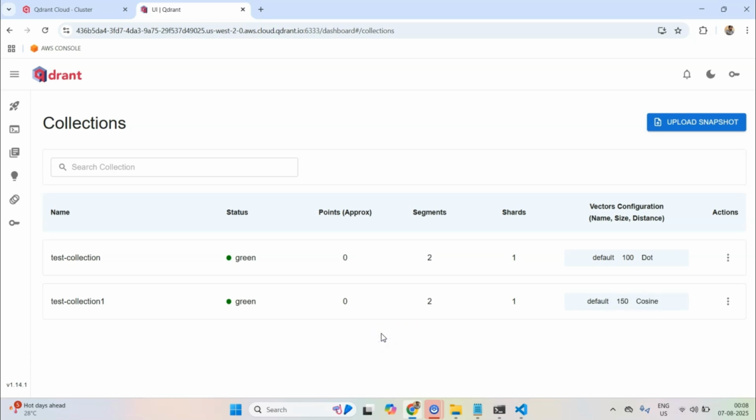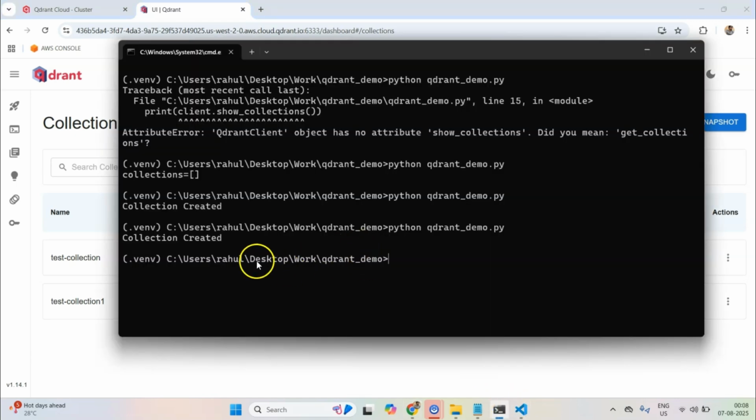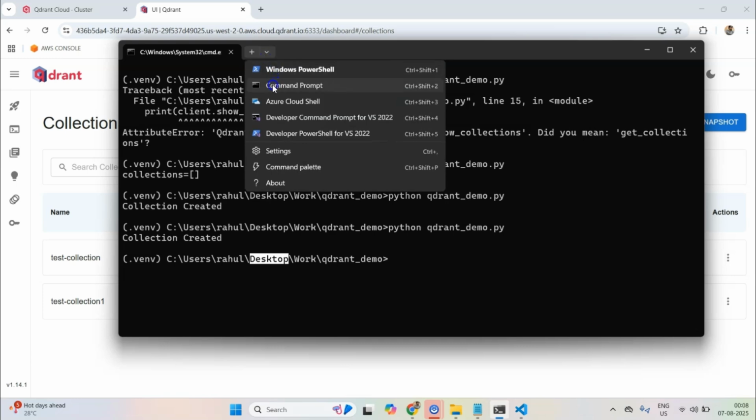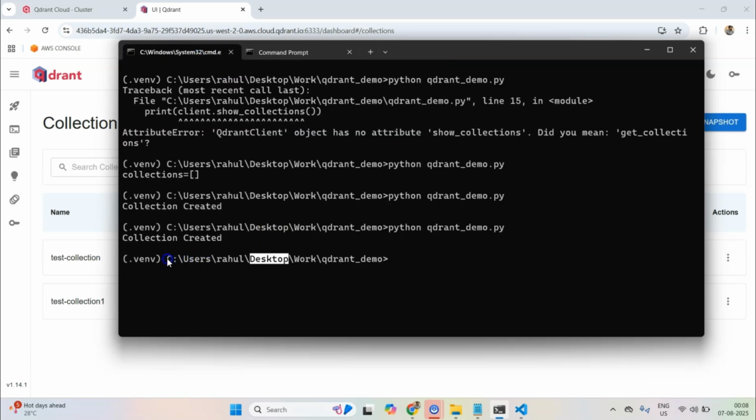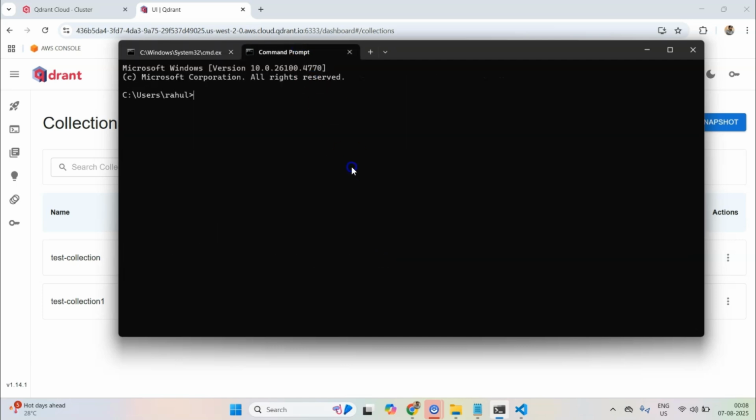Okay, now we have created the collection, but we haven't populated the points, right? So how can I populate points into this collection? While I am explaining this, because in a later part of this video I'll be dealing with sentence transformers, I'll open a new command prompt, because I will be using this shell for running the script. I'm just going off the topic of this video to install one more package which we will be using in a moment. Package installation takes some time, and that is why I don't want us to wait. Sentence transformers.